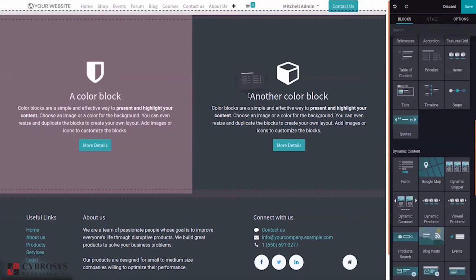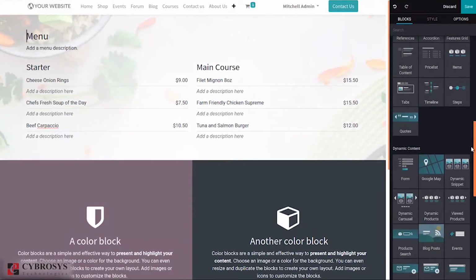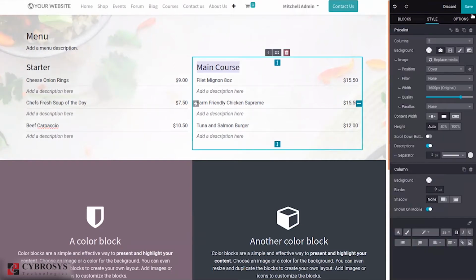So you can see the product catalog. Product catalog means price list snippet. After adding blocks, you can also see some options to make style options. This style option is new in Odoo 14. That is, when you click on an object, you can see some styling options for that object. So you can style a page, and also you can add styling for the objects.